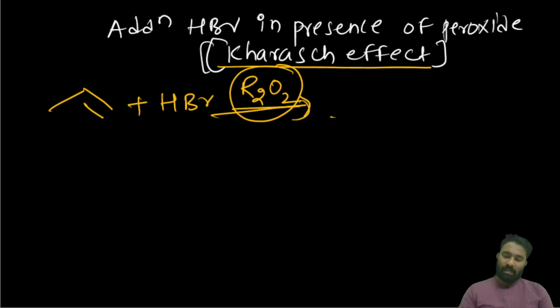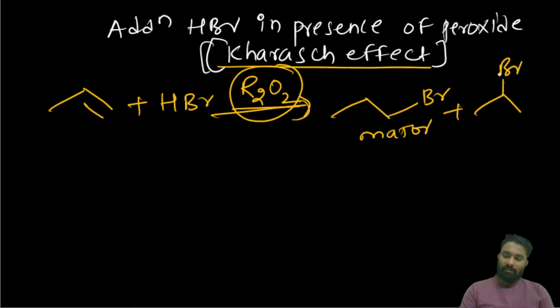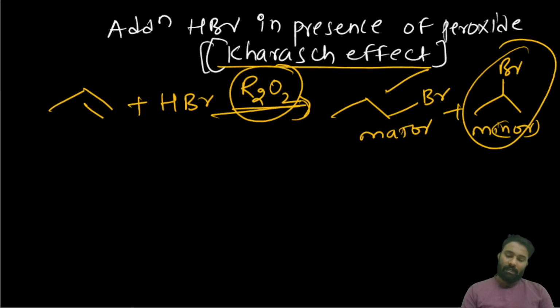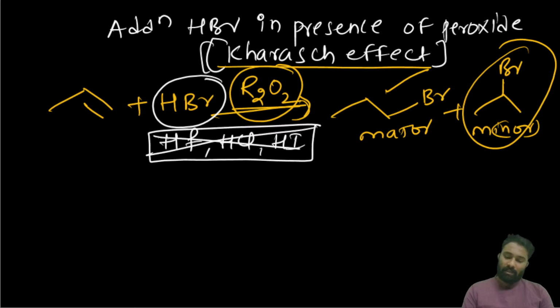Now we will see. Here we will get the Br here. This is major. Now if the Br is added here, this is minor. Now why is this the major and this the minor? Because here it will follow a three-step mechanism. You may get a doubt: sir, why have we taken only HBr? Why can't we take HF, HCl, or HI? These are not favorable for the anti-Markovnikov rule, or the Kharasch effect. For the Kharasch effect, HF, HCl, HI